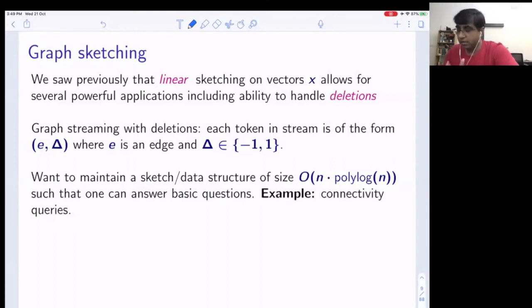You will be able to see that the connectivity sketch can also be used for other problems, such as k-connectivity or testing bipartiteness in the dynamic model, or the turnstile model. Because all we needed last time was to keep a connectivity sketch. So the connectivity sketch is a very basic sketch, and this allows us to do several things in the turnstile model.